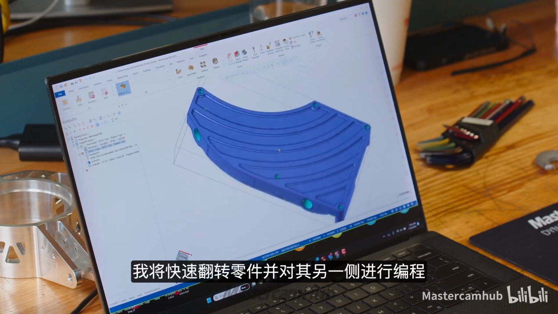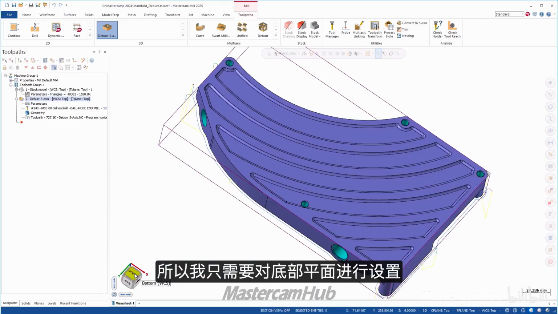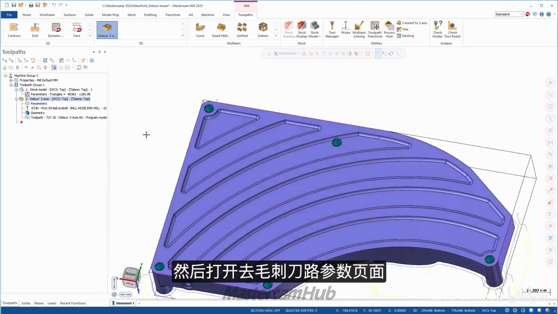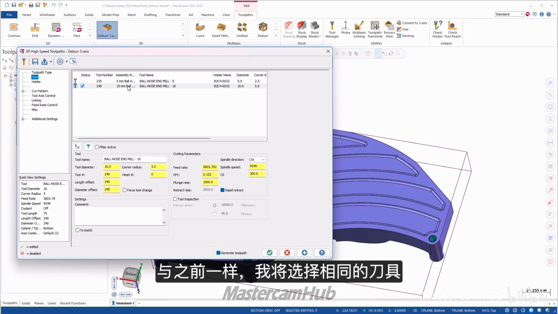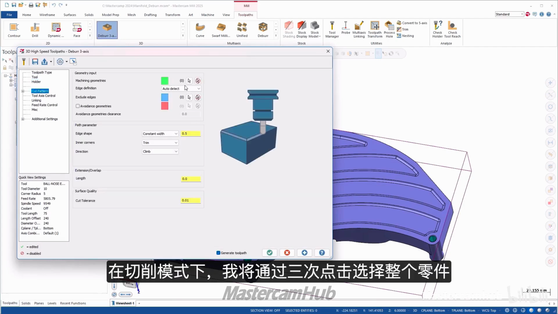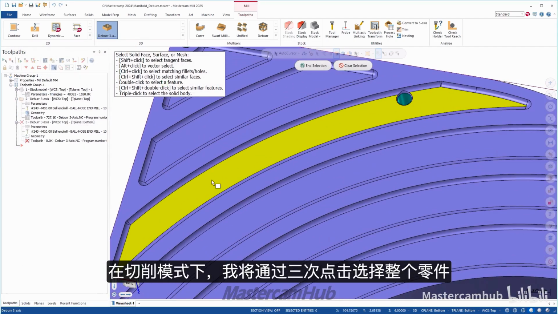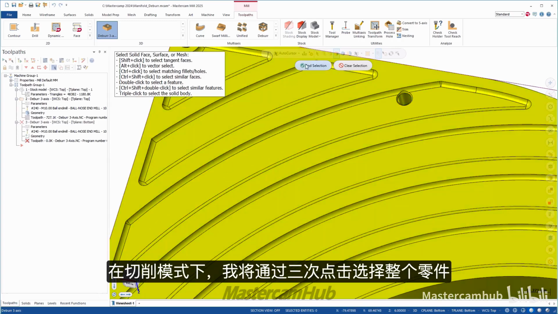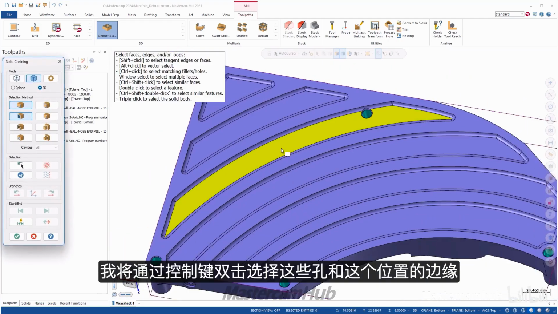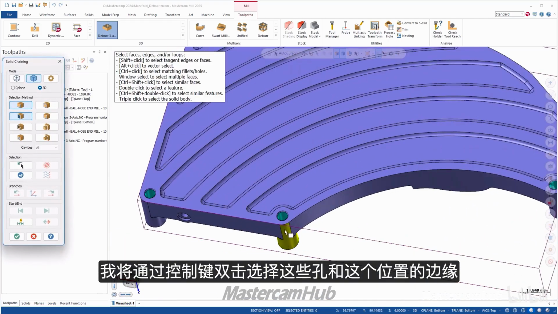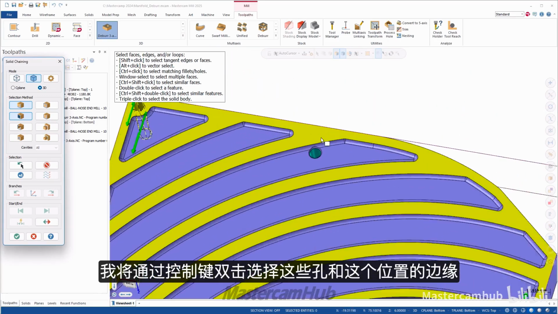I'm going to quickly flip the part over and program the back. So I'm just going to set to my bottom plane, go right into the deburr toolpath. And just like before, I'm going to choose the same tool. Under cut pattern, I'm going to choose the entire part with a triple click. And for my excluded edges, I'm just going to go through and do a Control Shift double click to select these holes and this one here